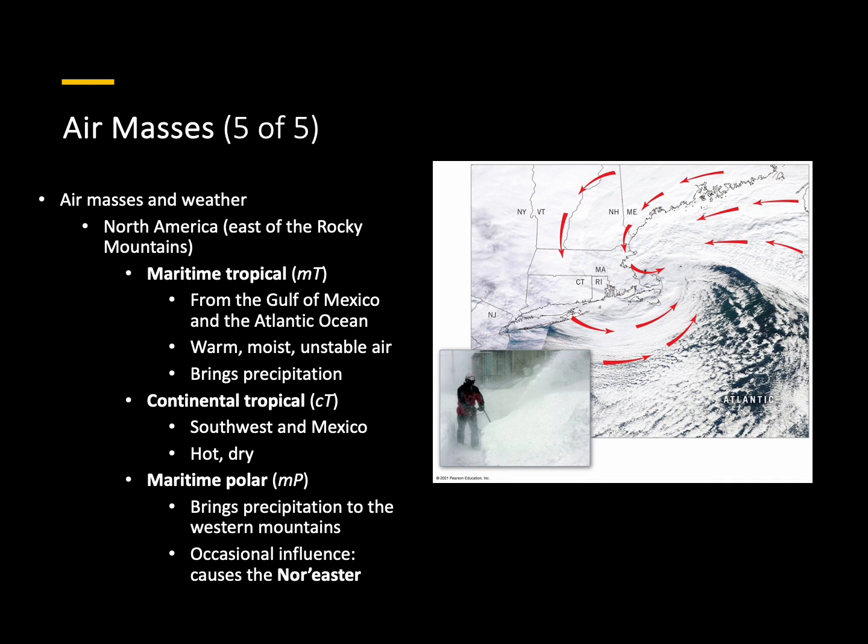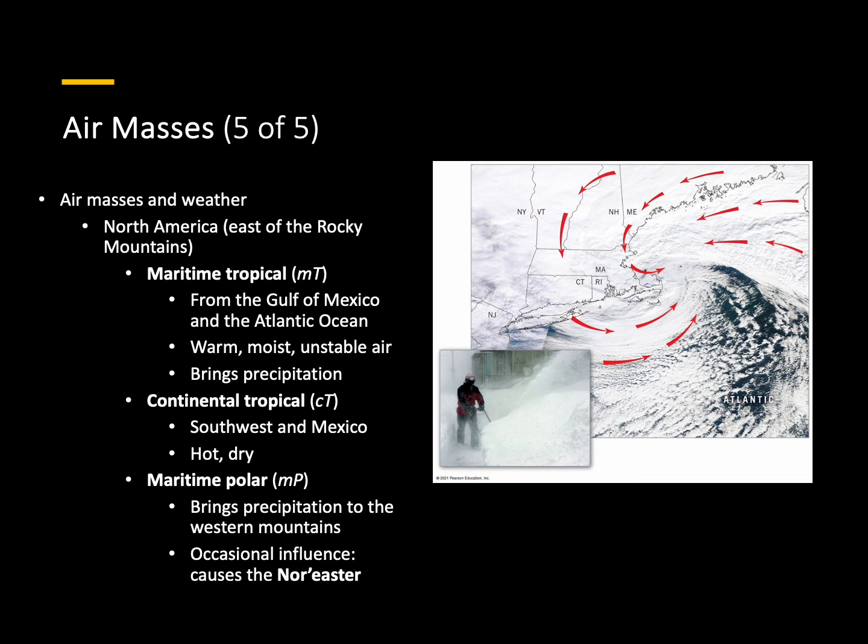The second major important air mass in North America is the maritime tropical. And for us here in Florida, this one is probably more important. This is going to affect all of the Gulf of Mexico and most of the Atlantic Ocean. With this maritime tropical, maritime means that it's going to be very humid. It has a lot of moisture in that air. Tropical tells us it's going to be very warm. So this maritime tropical brings warm, moist, and unstable air in from the oceans over land. And with it, it brings a lot of precipitation.